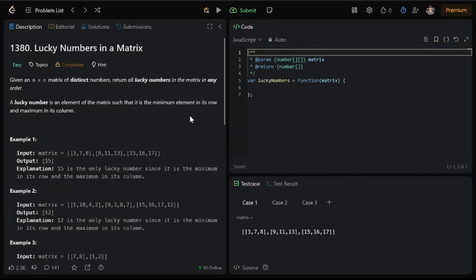Hello everyone, today I'm looking at the lucky numbers in a matrix. You're given an m by n matrix of distinct numbers. Return all lucky numbers in the matrix in any order. A lucky number is an element of the matrix that's the minimum element in its row and also the